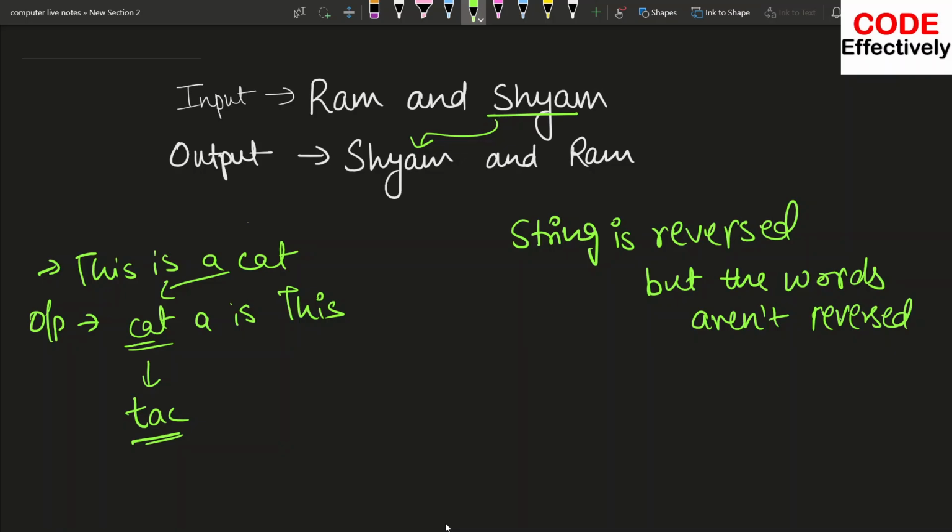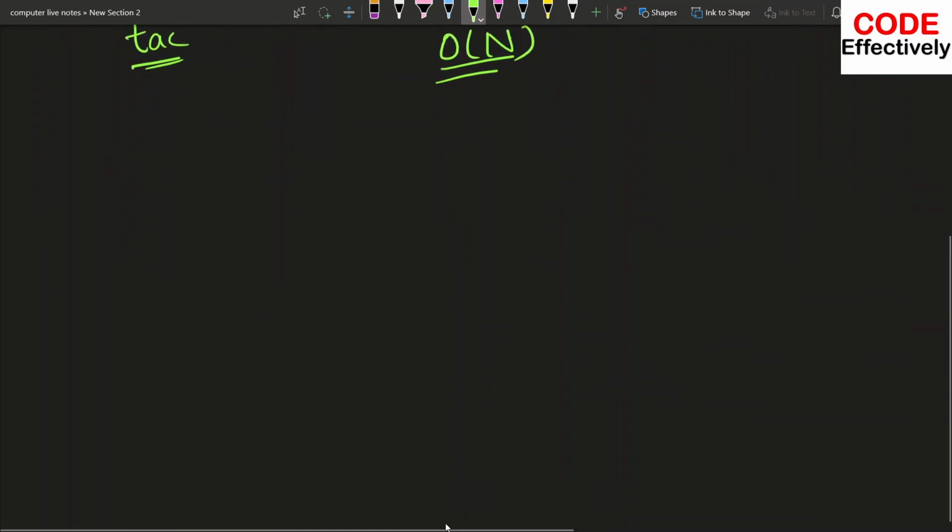So let's see how this code will entirely work. It's a very simple and easy program that we can do in complexity of O(n), using only one for loop. So let's start and look over the program, and then we will go with the dry run. I will just write a couple of lines of code that is very easy, so that if you run this in Visual Studio or BlueJ, it will run easily.